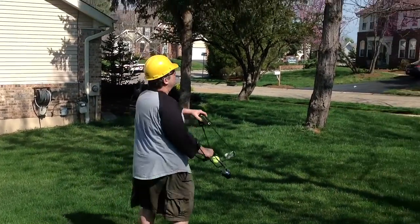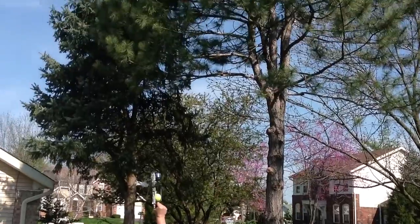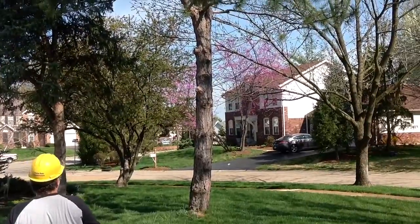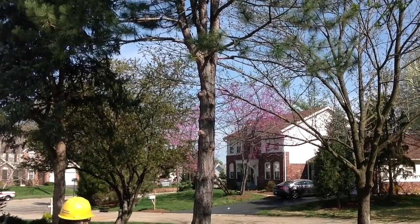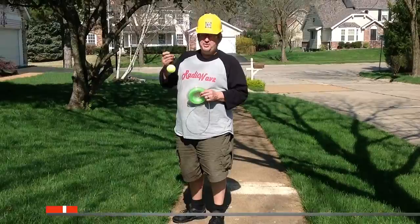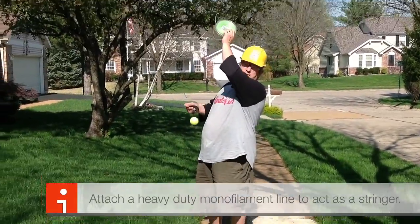Ready? Doesn't get any better than that. Nicely done. Okay, now that we've got the ball through the tree,